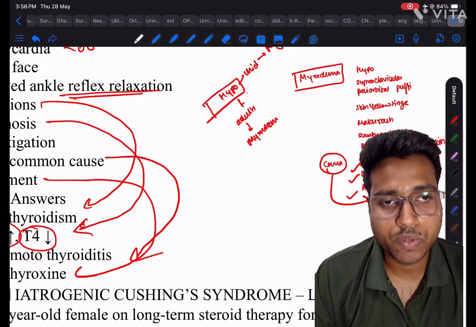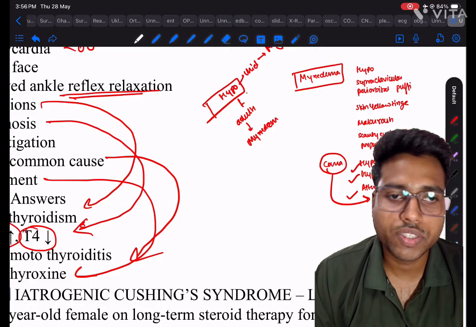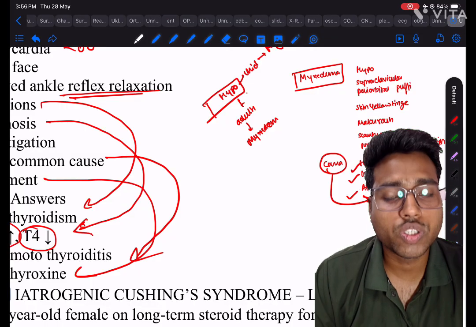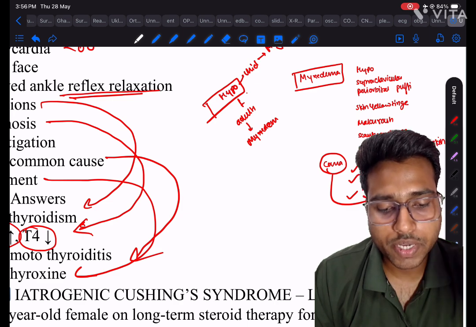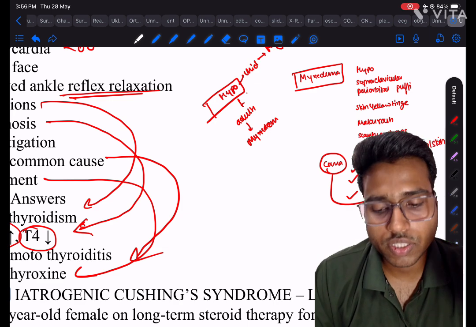It also causes hypoglycemia, so we have to give glucose. In hyponatremia, we have to give saline. Okay, and in hypoventilation you have to intubate the patient. If the patient is not able to breathe, intubate the patient, mechanical ventilation करना पड़ेगा, and monitor the cardiac output because there is a decreased cardiac output.